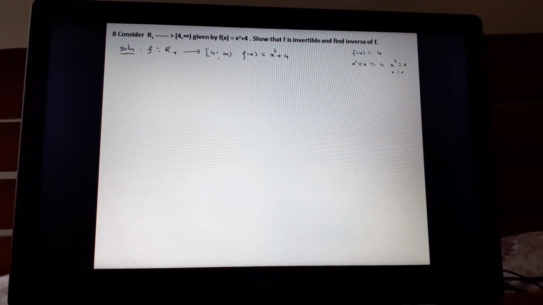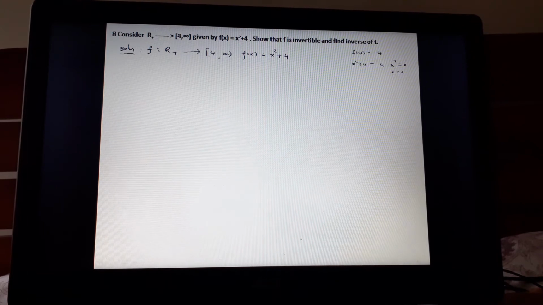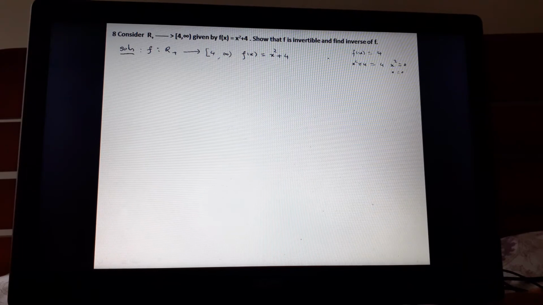But let us not discuss those things because this is the question given in a standard book. I don't want to say that this cannot be done. What you can do is either make it an open interval or use 0 in the domain. But as far as the question is concerned, show that f is invertible. As a student, you should know that this is wrong, but at the same time, we should also know how to solve it because this question is asked in the board exam also.